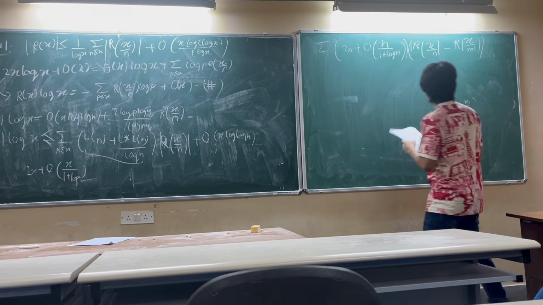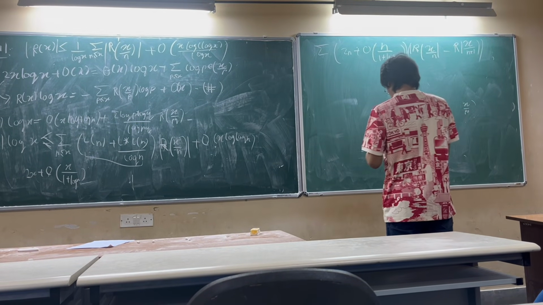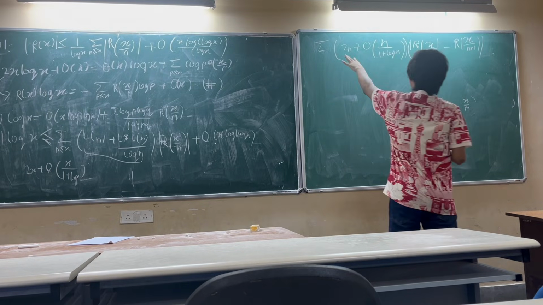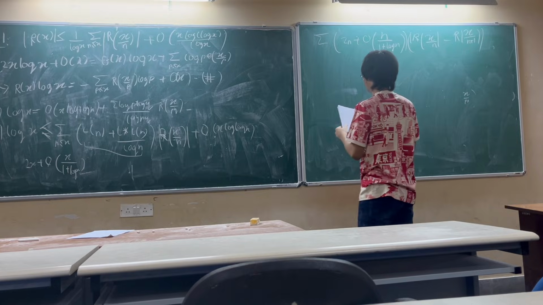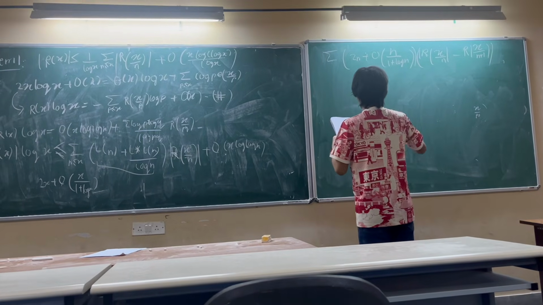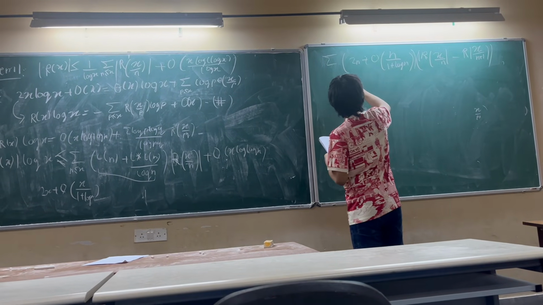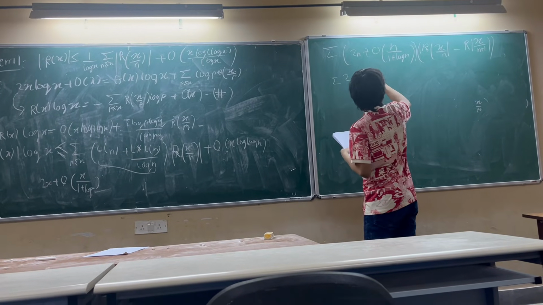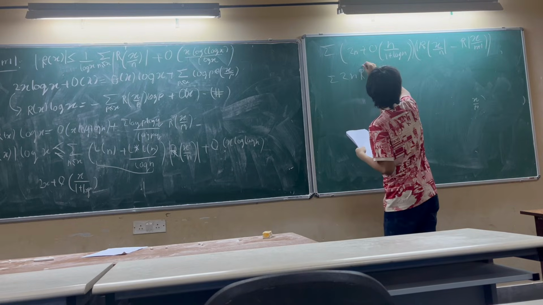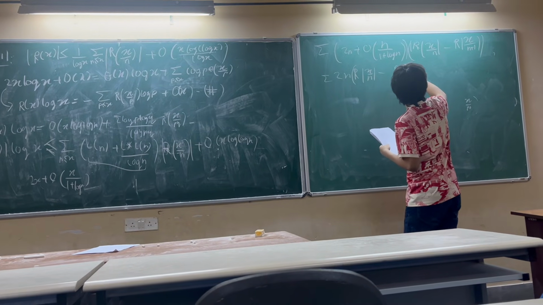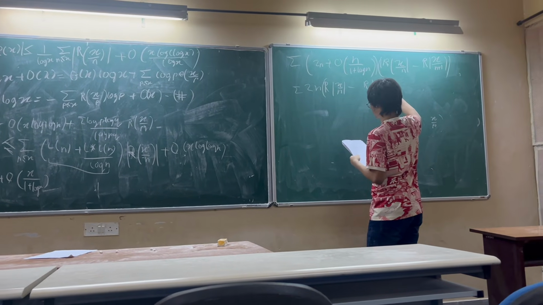If you analyze each of these terms individually, you see that the main term is this multiplied by these two. On these two, you can see that r of x by n minus r of n plus 1,